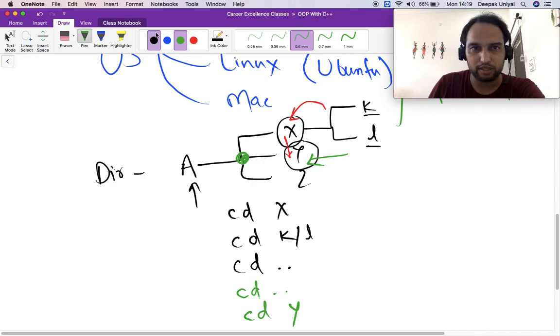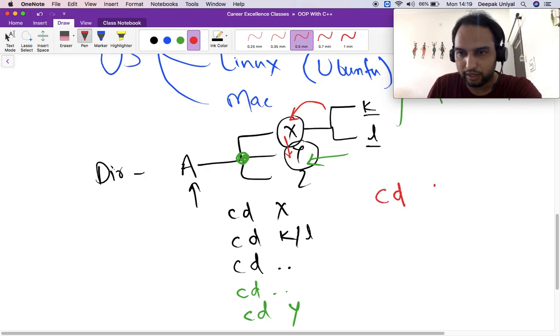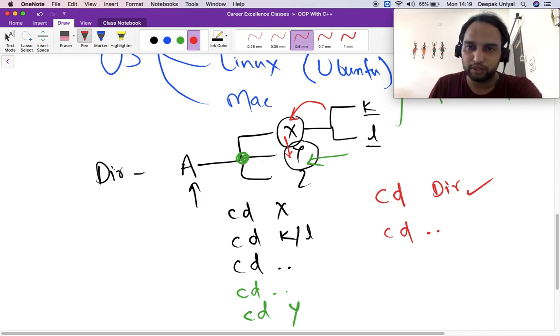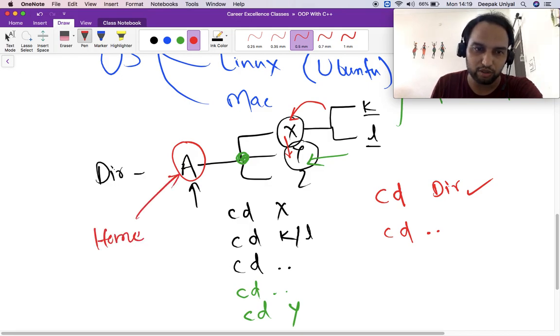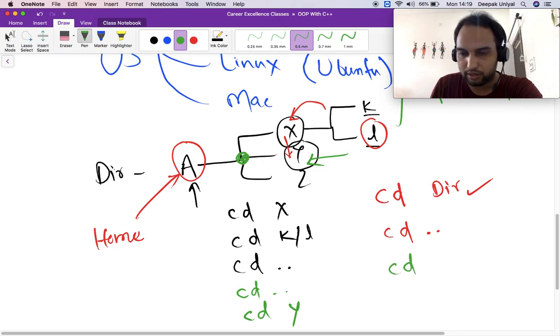So these are basic commands, and if I talk about general syntax of this command, cd and directory name. In this way you move forward. If you want to come backward one step at a time, you can write cd space dot dot. If it is a home directory and you are at L at some moment, so you can directly come to the home. How you can do that, cd and press enter just after this, right? So you will move from L to A.